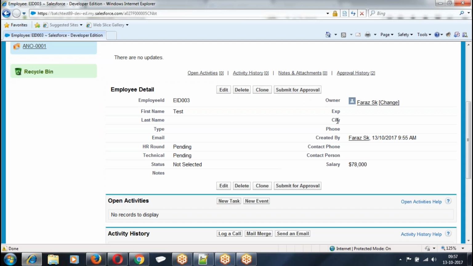Dynamic approval process. All this is what? Static only, because very much in advance I told who is my manager. Very much in advance I told to whom you should submit the record. It is static only. Dynamic means at the time of creating the record, whichever user I select, the record should go to that user, which is called the dynamic approval process, which will be running in Apex programming. I hope I am clear with this. Anyone has any